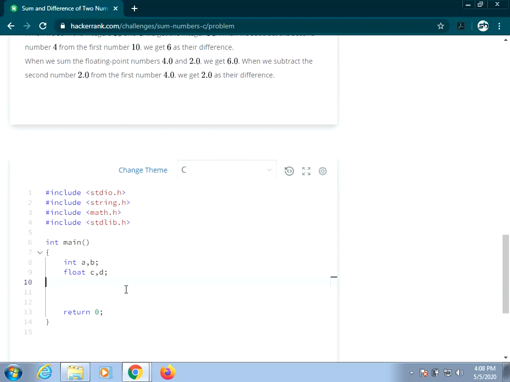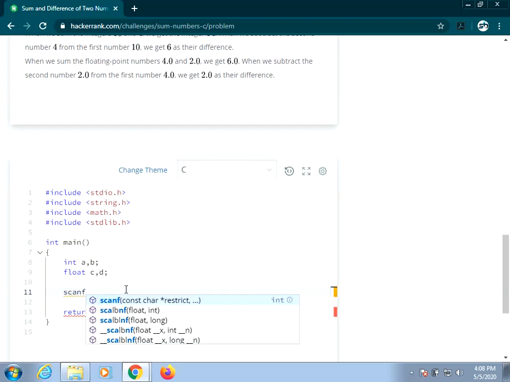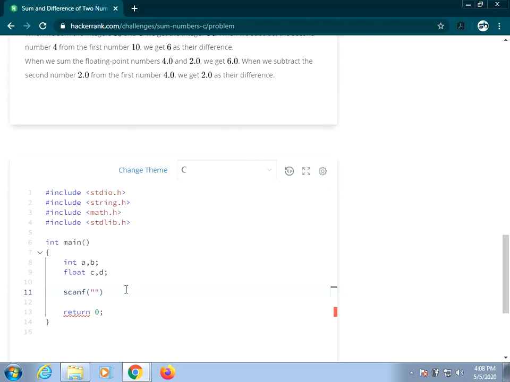So first I have to write scanf %d space %d, that is we have to take the input format as one number space another number. Those values should go into address a comma address b. That is your reading of the first two integers. Next, read the floating point values: %f space %f, comma address c comma address d.